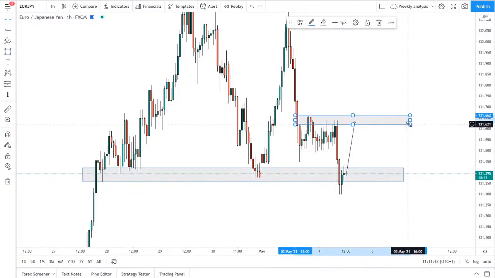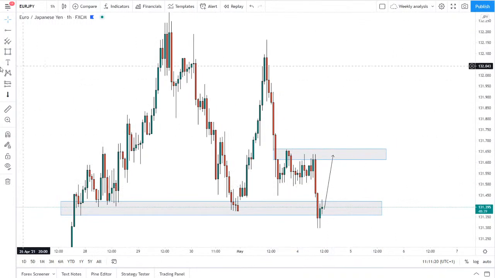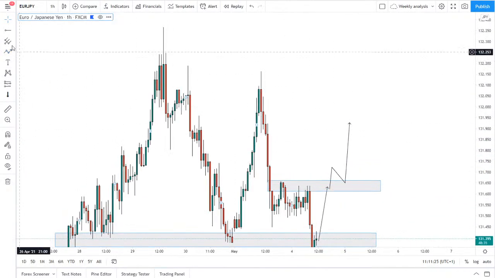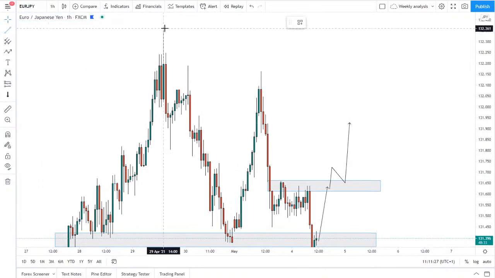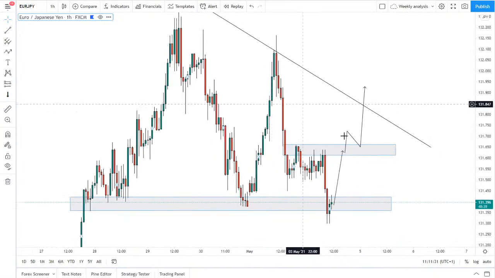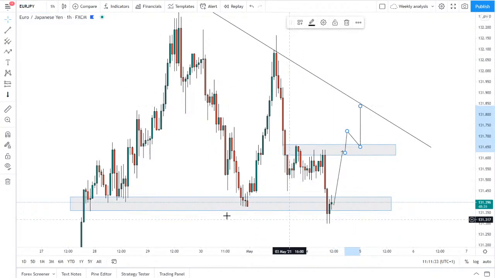into that area of resistance there, which did send us back down. And if you clear that, we might see a bigger push to the upside after that, and potentially we do have a little bit of a trend line here in the market. So again, resistance there, second there. We might see a push back into this trend line here in the market,